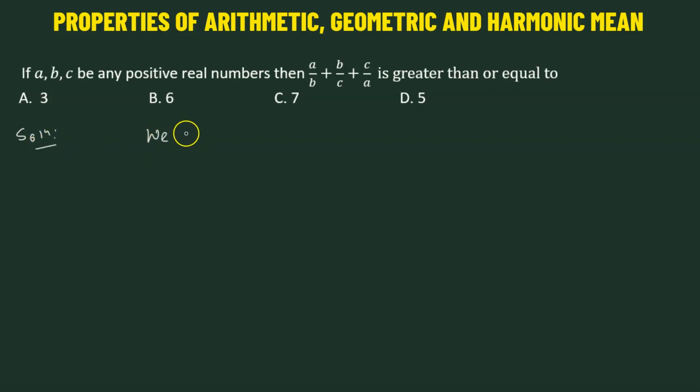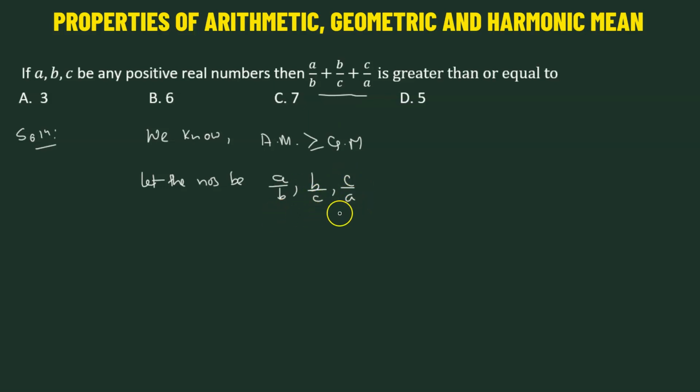So we know for a fact that the AM of any numbers, arithmetic mean, is always greater than or equal to the geometric mean. So we will choose our numbers in such a way; we're given that a, b, and c are positive. So we'll choose three numbers. Let those three numbers be a over b, b over c, and the next one will be c over a. So they're in a particular sequence such that if we take the AM of these three numbers, which is a over b, comma, b over c, and c over a,